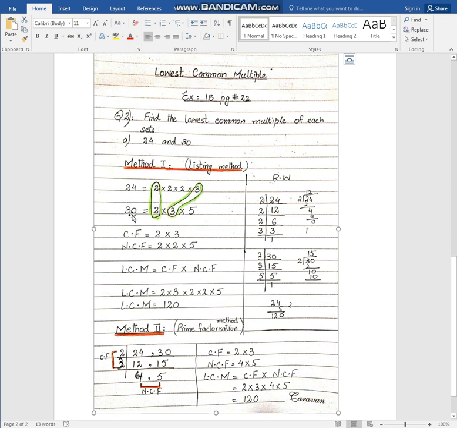Then write 30 here. Now it is the turn of 30, we will find the prime factors of 30. How can we find them? Just make the table and use the prime factorization method. You know that 30 is divisible by 2. Divide 30 by 2. 2 ones are 2, remainder 10, 2 fives are 10, and the answer will be 15. Clear? 2 fifteens are 30. 3 fives are 15. 5 ones are 5. So the prime factors of 30 are 2, 3 and 5. We will write it over here: 30 is equal to 2 multiplied by 3 multiplied by 5.